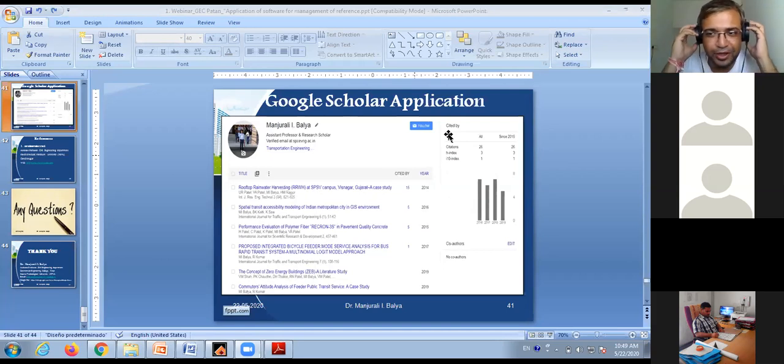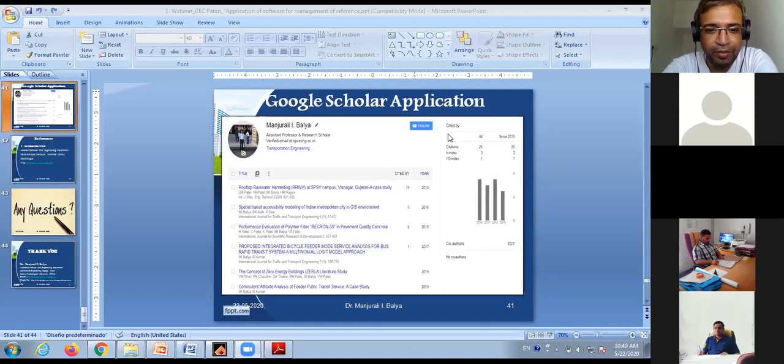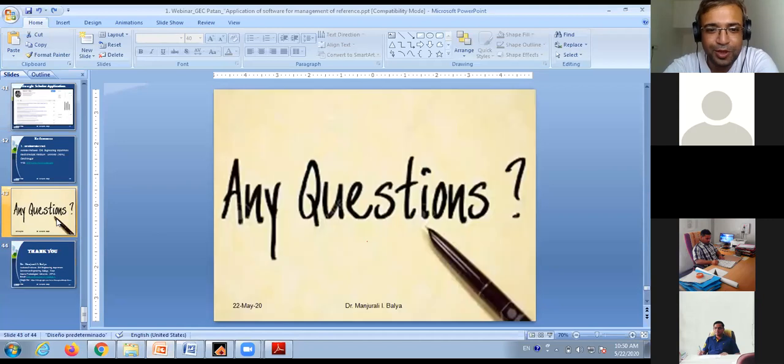Balya sir, you have given a very nice presentation on EndNote. From a researcher's perspective, EndNote software is very important for citation management. From this session, every researcher has learned how to manage citations. And citations are very important because I came to know from some authentic sources that if you want to go to a foreign country like the USA with a permanent residence, PR, or for an H1 visa, you require 1,000 plus citations.